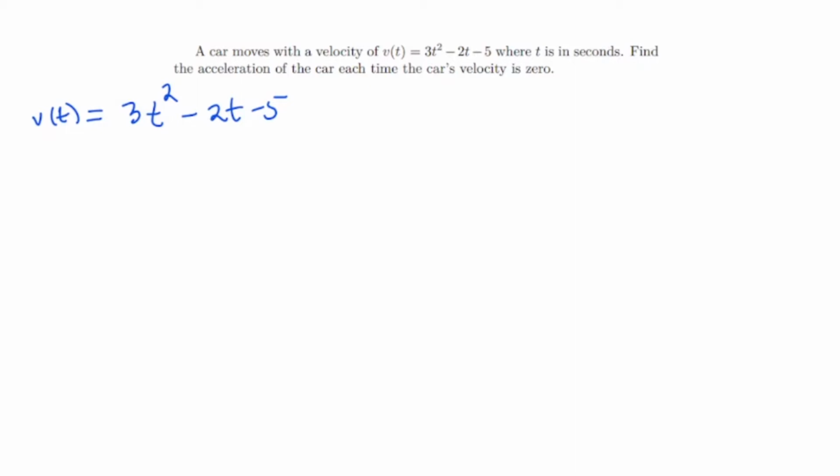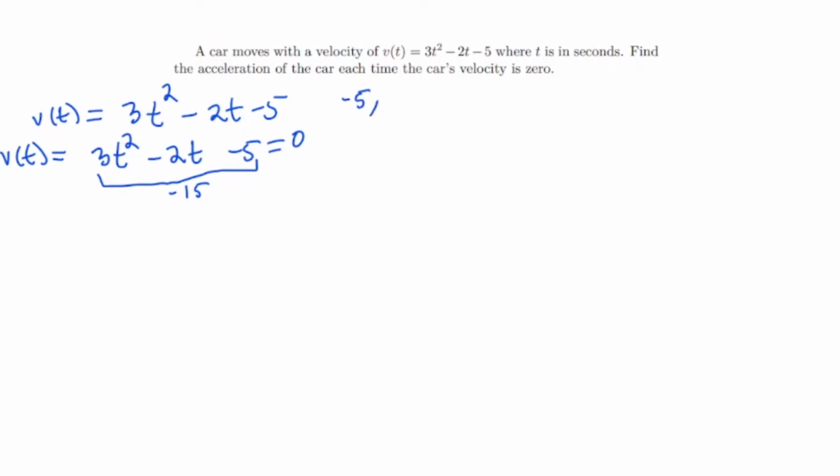So the velocity is 0 means that v of t equals 3t squared minus 2t minus 5 equals 0. And this is just a quadratic equation that we have to factorize. We can factorize this one where the first term is not equal to 1, by multiplying 3 and negative 5, which gives us negative 15. And then we look for two factors of negative 15 that add up to negative 2. And those factors are going to be